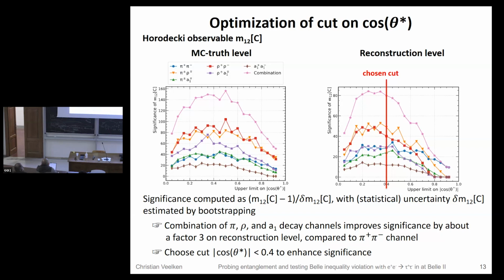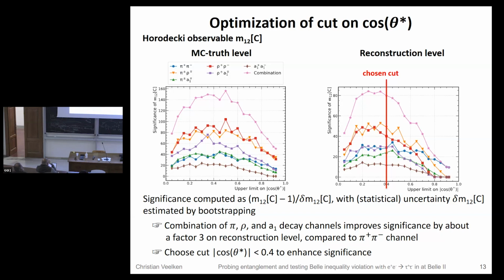And we chose to use this cut because it represents a good compromise between enhancing the effect of Bell inequality violation, where you want to cut tight, and having a large event statistics sample, where you want to cut loose. So this is somewhere in the middle. And you see that the significance for the combination of all the decay channels we consider in the study peaks somewhere in this region, but it doesn't depend a lot on the exact value of the cut, which is good because it makes the analysis more robust,